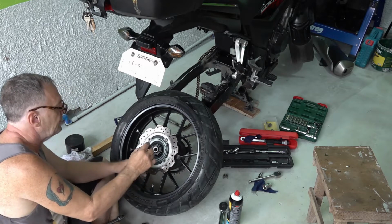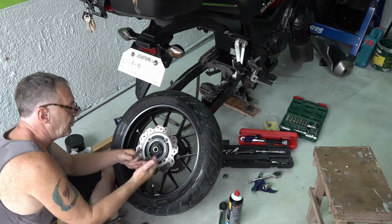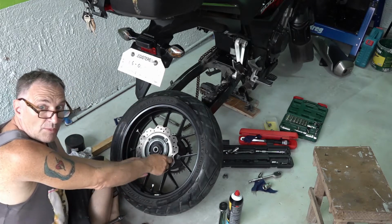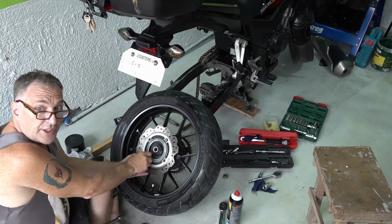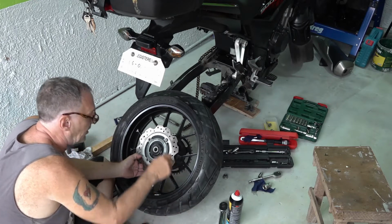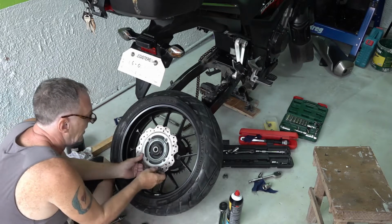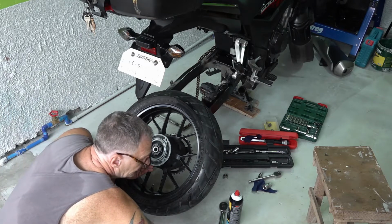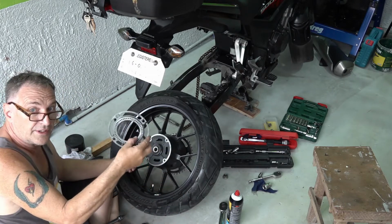And this is the analog brake sensor. And removed all the bolts. And what I do is I keep all the bolts in the order that I take them out, so I'm going to put them back in where they came out. Remove the old rotor. Take out the